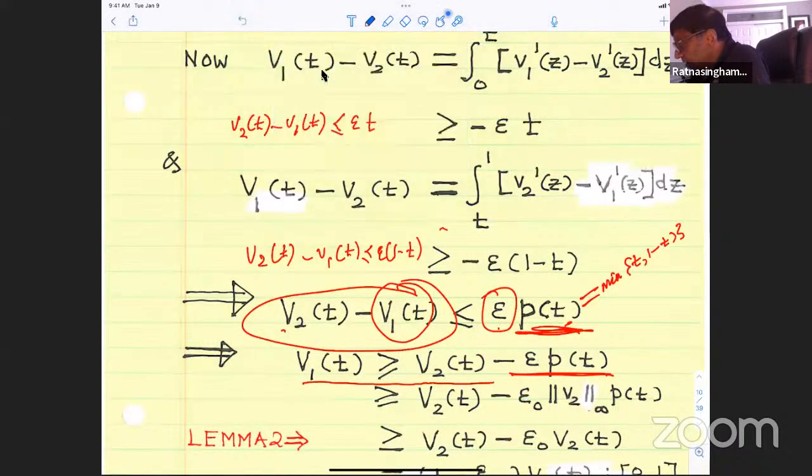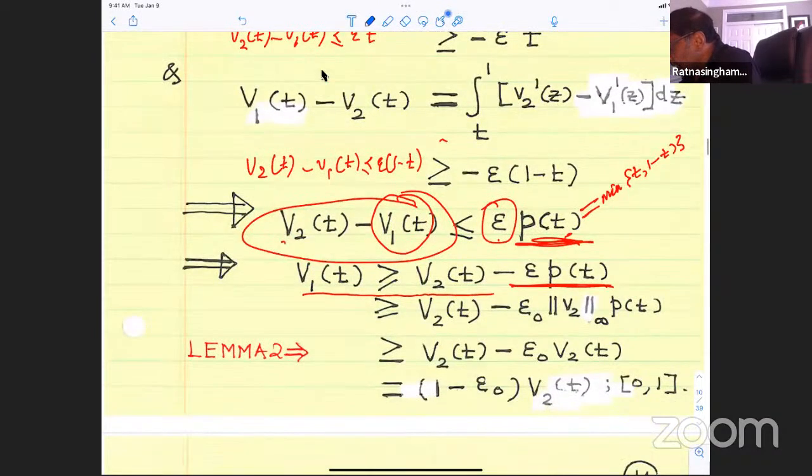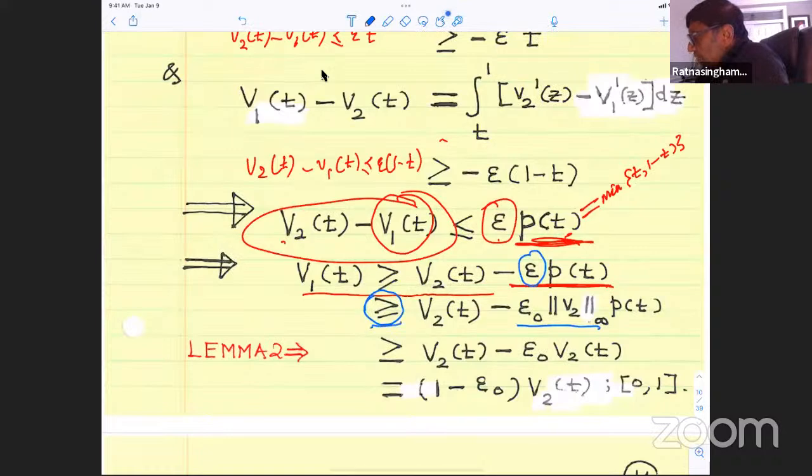But remember your epsilon. I chose my epsilon to begin with to be less than epsilon naught times the sup norm. So I can put something bigger here to make it even smaller. I replace my epsilon by epsilon naught times the sup norm of v2. So the inequality will go nicely in this way. That's bigger. But then you know that your v2 of t,